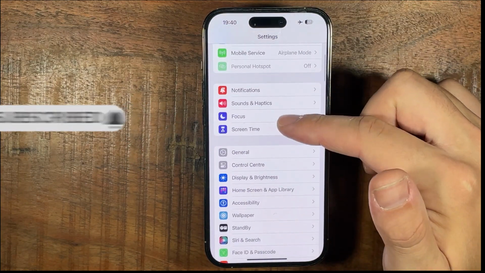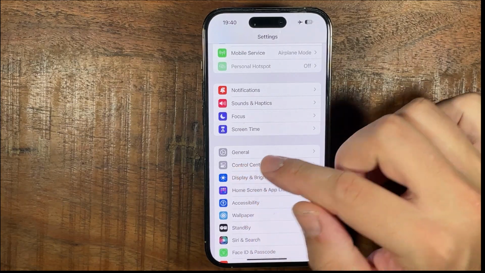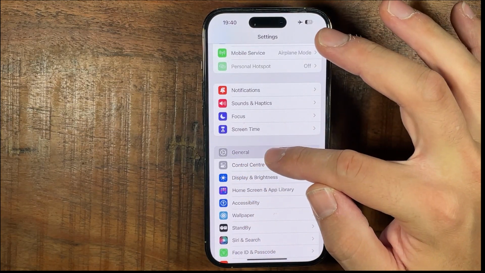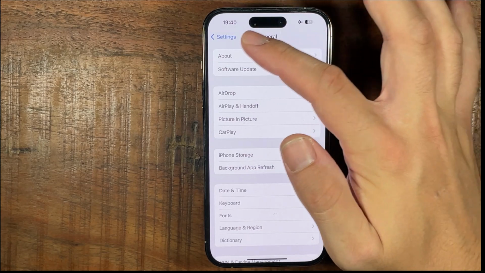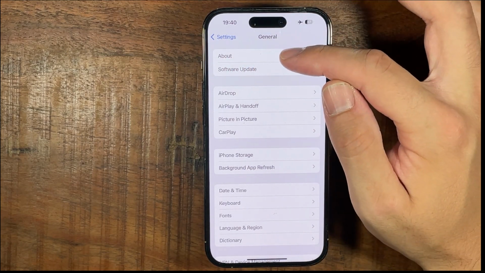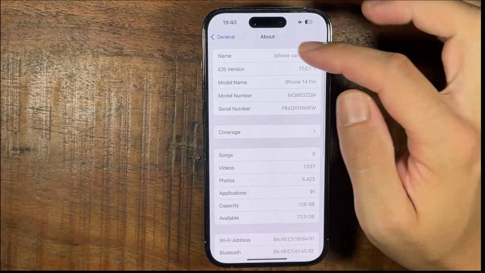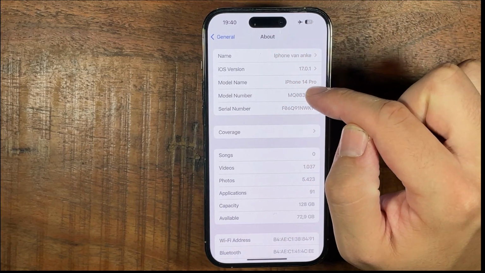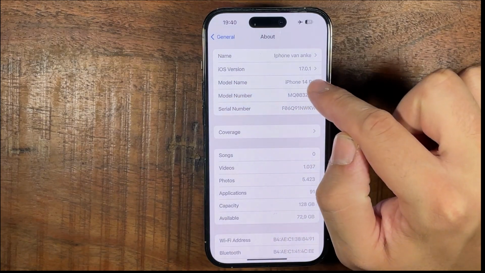Then scroll down until you see general. So tap on general. And then all the way at the top you see about. If you tap on about, you see the second up above, you see the iOS version